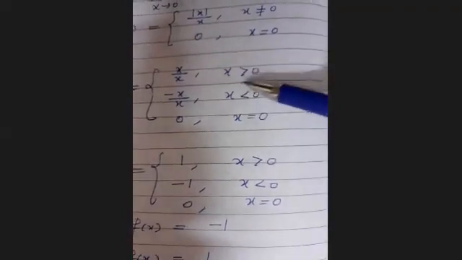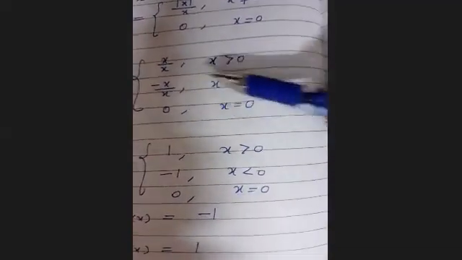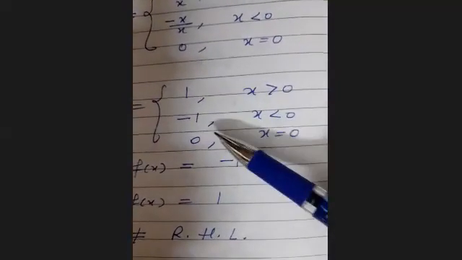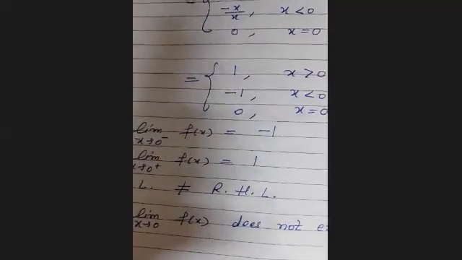You can see the next question, find limit x tends to 0 of this function, where the function is given to you as mod x upon x when x is non-zero and 0 when x is equal to 0. So this can be written as, first, x upon x when x is greater than 0. Mod x can be written like x or minus x: x when x is greater than 0, minus x when x is less than 0. After applying it, we are getting it. And you can see directly here, the right hand limit of this function is 1 and the left hand limit of this is minus 1. As both are unequal, that's why the limit does not exist. So we will discuss more questions based on this left hand and right hand limit, revise them.